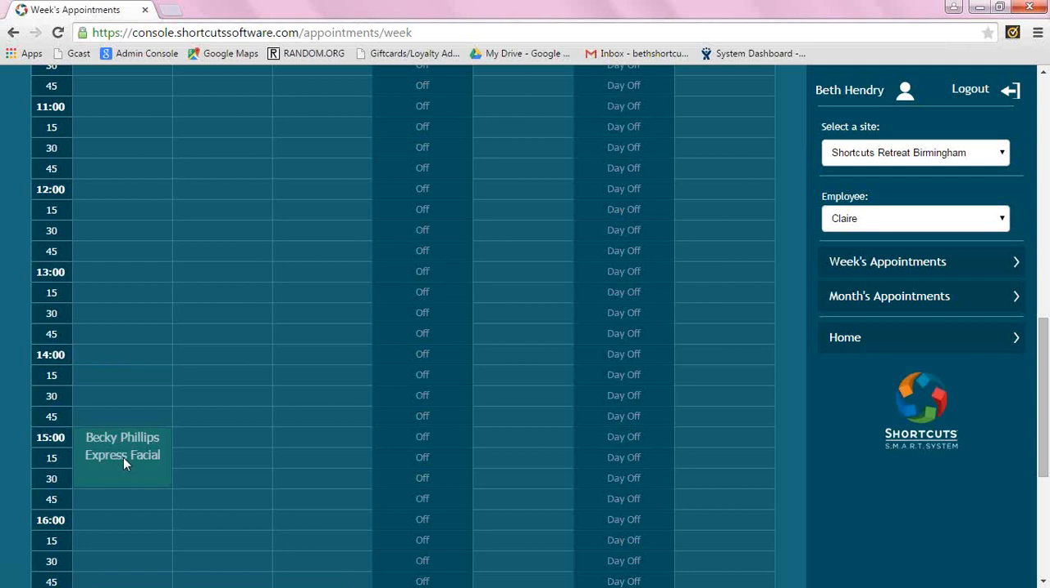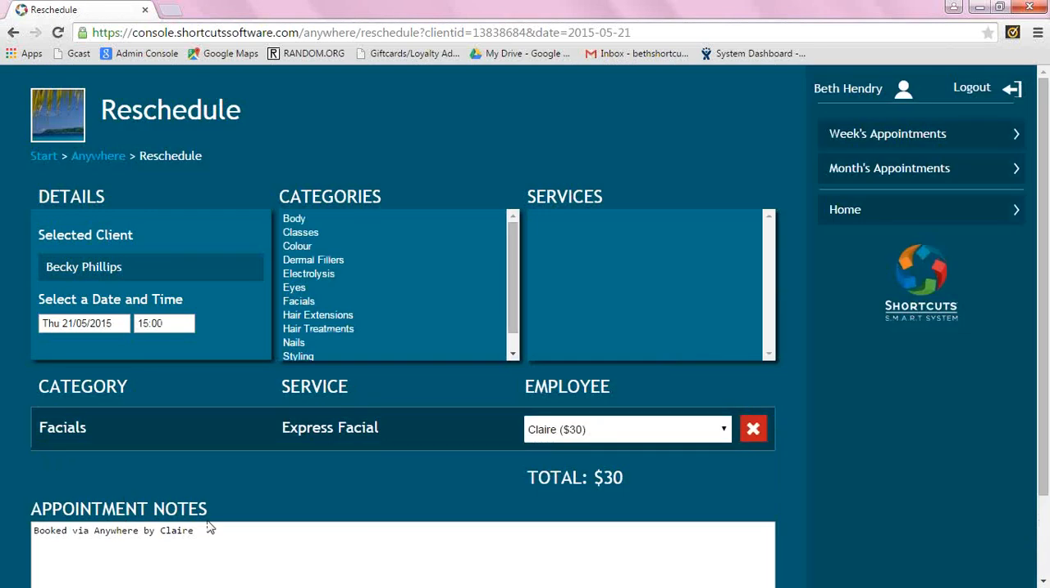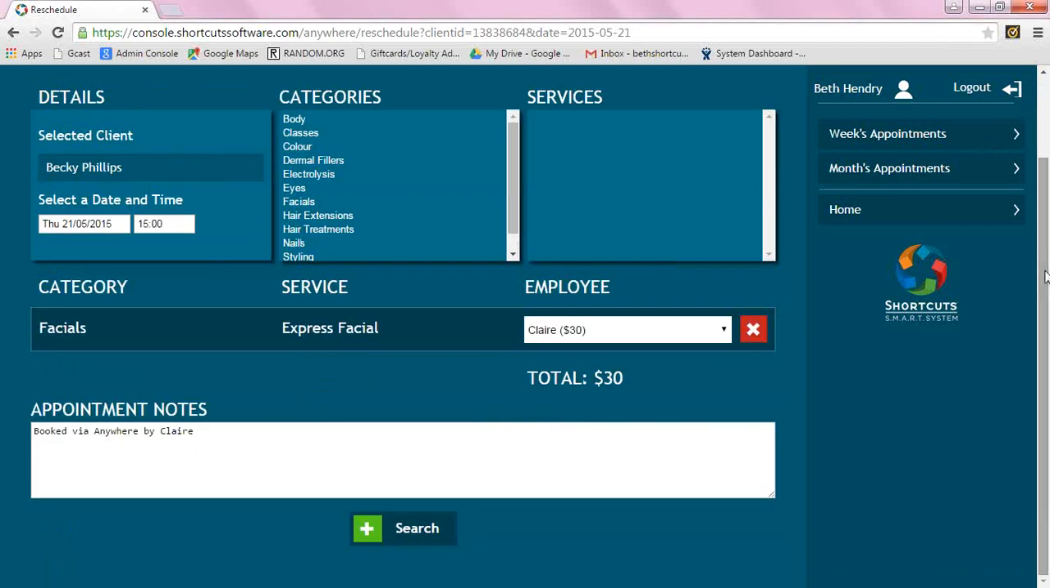If I need to reschedule, then again, it's a click on reschedule. What this does is it takes us back to the booking process as such. So it brings us up to what she's booked in for, and she's booked in with Claire. And then if I hit search, I can select the dates and times. If I need to move it to a particular day, let's say we want to move it to tomorrow, and it can be about 11 o'clock. And if I hit search,